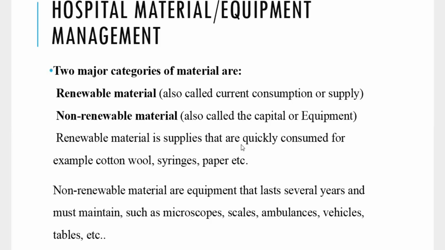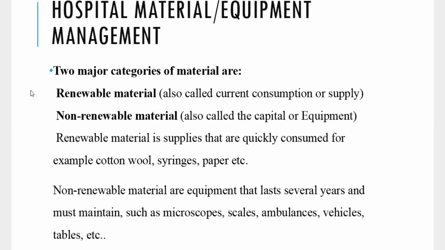The hospital and healthcare facility. We have two major categories. There's the renewable materials and the non-renewable materials. Renewable materials are also called the current consumptions or supplies, and the non-renewable materials are called the